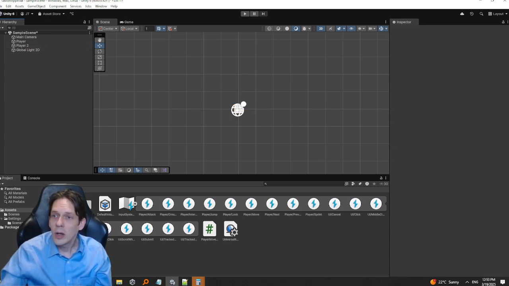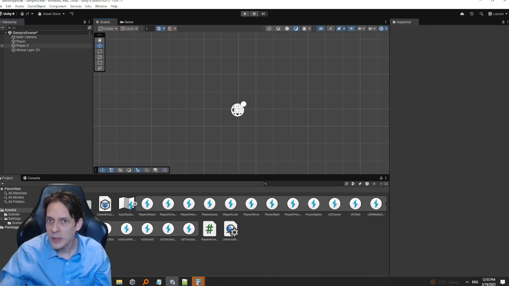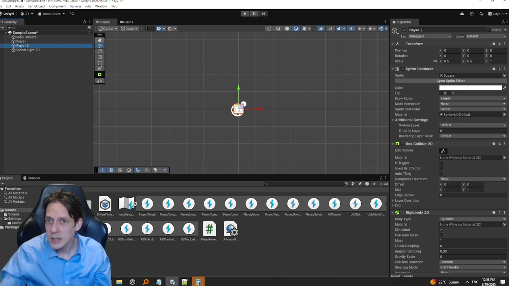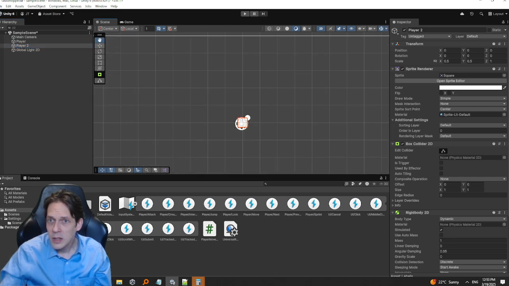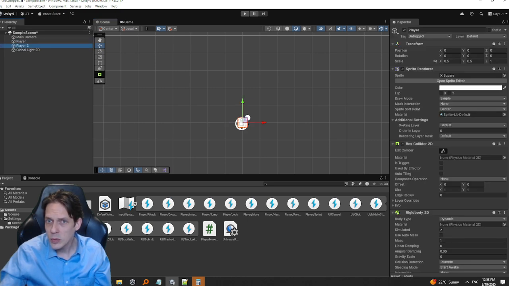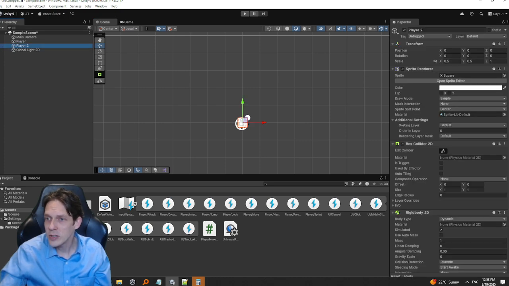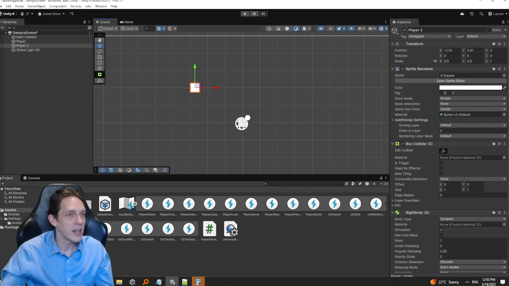Okay, so I need to move it. Let's move object player 2. Can I move that object? Am I allowed to move objects with this? No, I'm not. Move it with this. Nope. Player 2. Move object. Nope. Can I touch the red and do it? Nope. Can I touch the green and move it? Yes. These are the axis buttons. Okay. All right. So this is how it works.